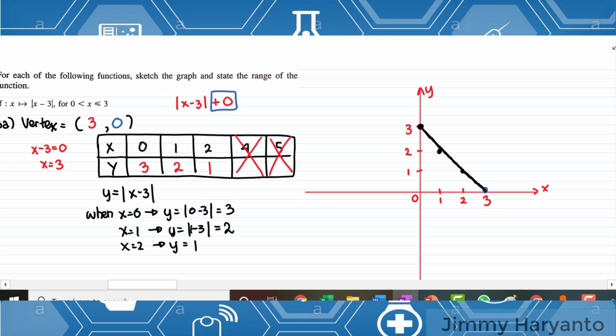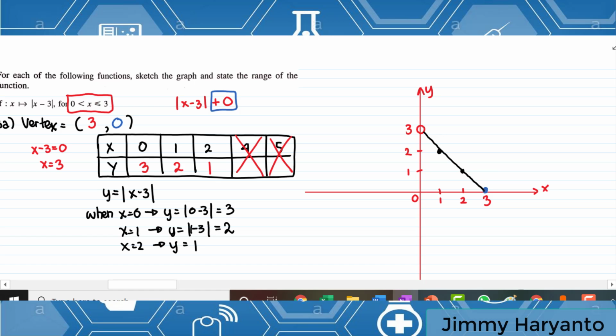But for this one, take a look at the domain. The domain is between 0 and 3. 3 is included, but 0 is excluded. Yeah, so you cannot draw like this. For x equals 0, you have to use a blank dot. Yeah, do not use the colored dot. You have to use a blank dot. Wait a minute. Okay, blank dot right here, because the 0 is not included. So this will be your graph.